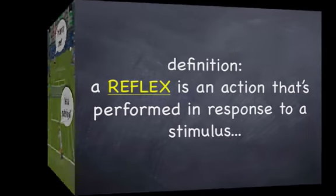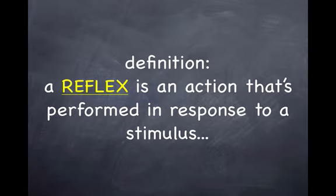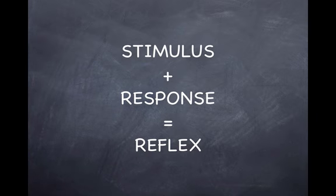Now, a reflex is defined as an action that's performed in response to a stimulus. In other words, when you combine a stimulus and a response, we call that a reflex. In the example of touching something hot, the incredible heat is the stimulus, and pulling your hand away really quickly is the response. In this case, obviously, the reflex doesn't have to be trained because your body's already pre-programmed to